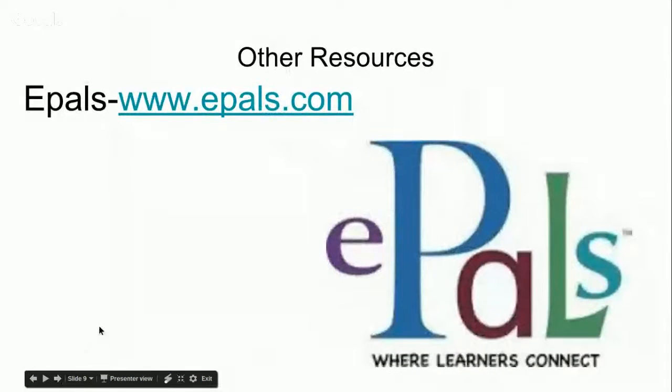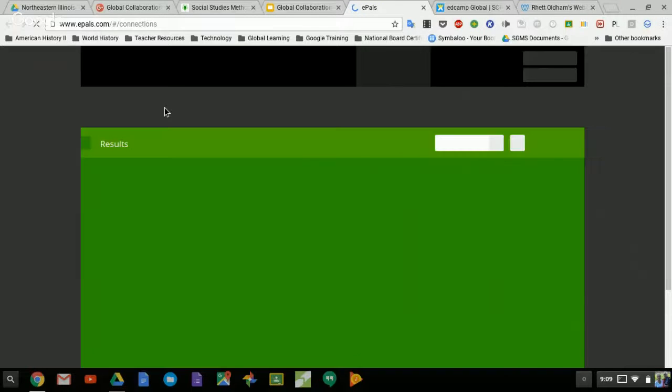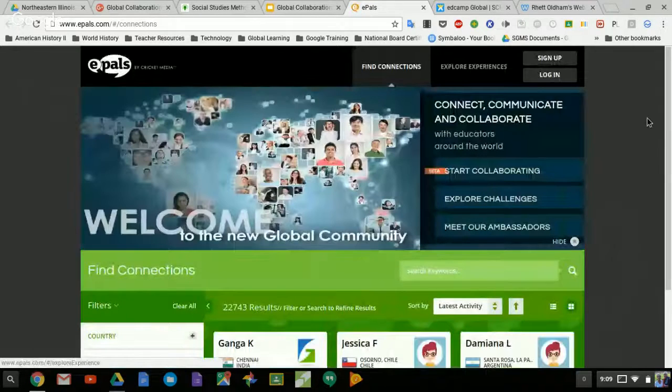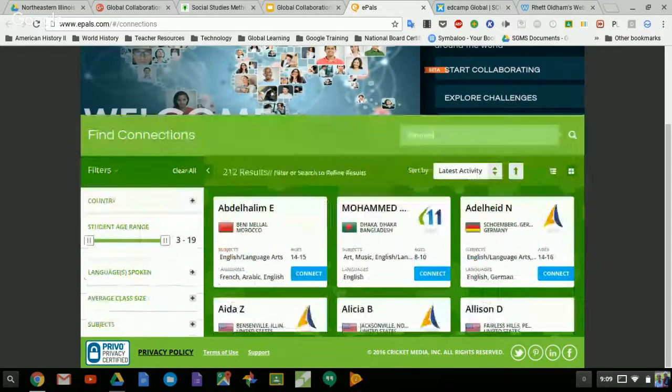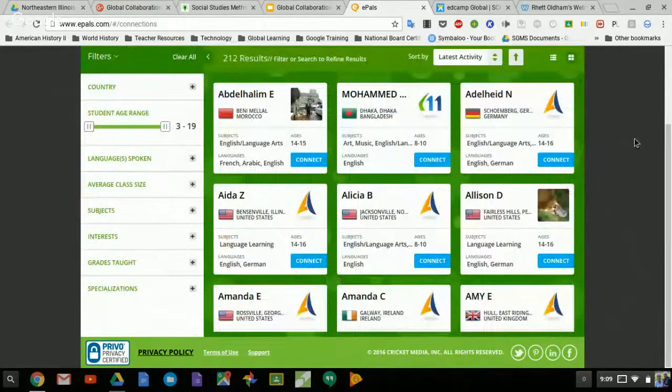Another one that I've used is called Epals, and this is kind of interesting. It's almost like a Facebook platform. I'm going to show it to you real quick. I like it. I think it's kind of a neat thing. You just go online here, and it looks like this. You log in, and then there's people all over the world, and you can type in keywords here. So if you were looking for someone in Germany, you type in Germany, and then it will give you a